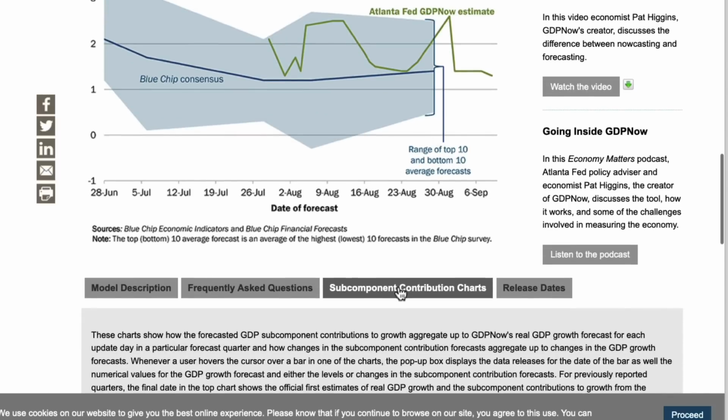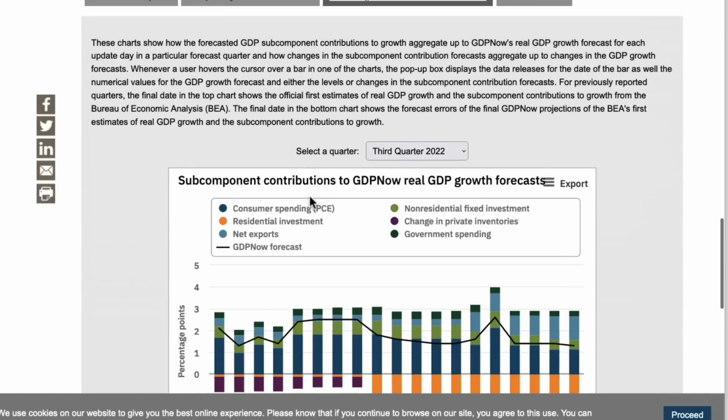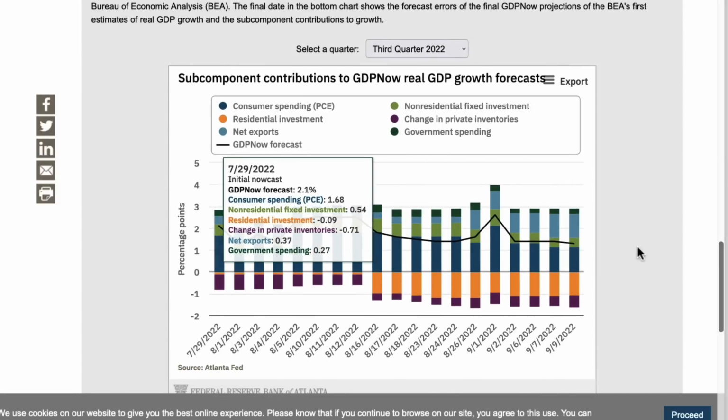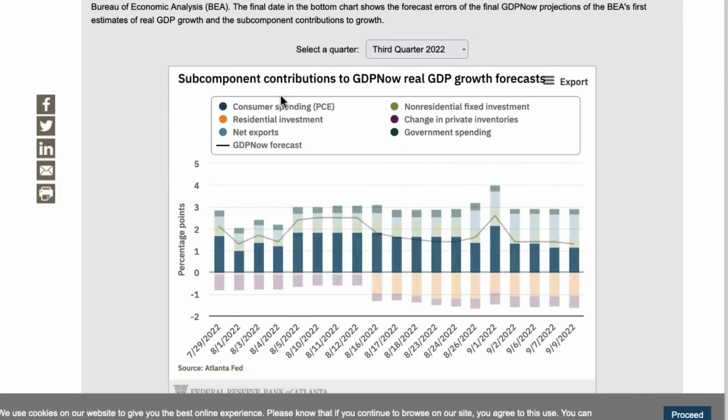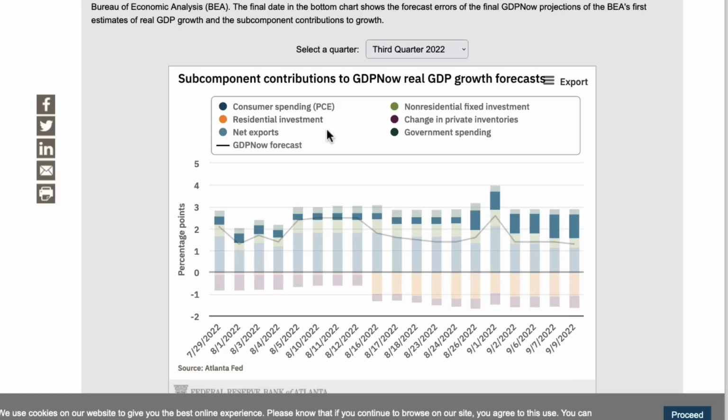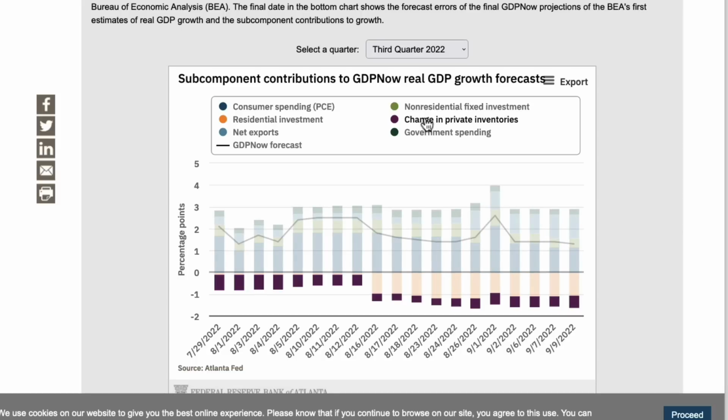And you have the subcomponent contribution charts. Can we get to that? There it is down here. So it gives you the breakdown between consumer spending, residential investment, the exports, non-residential fixed investment, change in private inventories, and government spending. And my thought on the change in private inventories is that we do still have an inventory